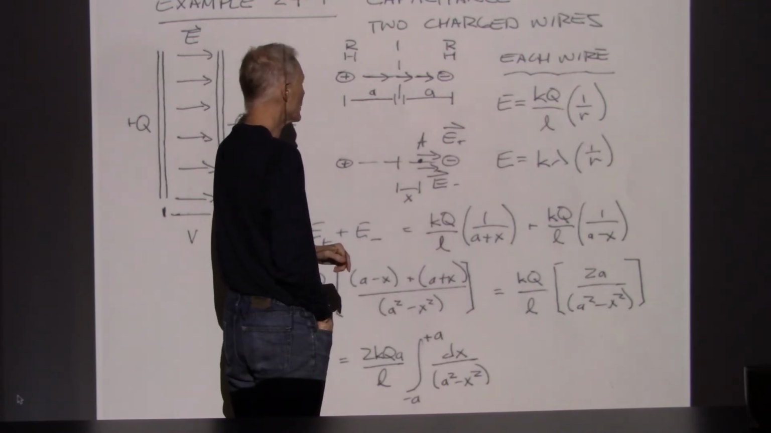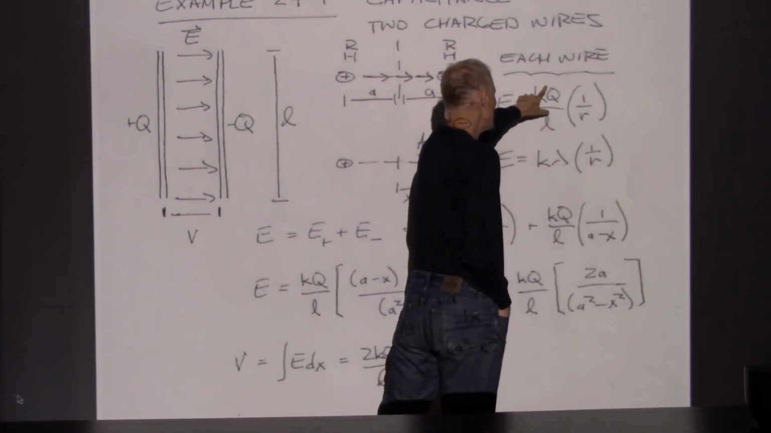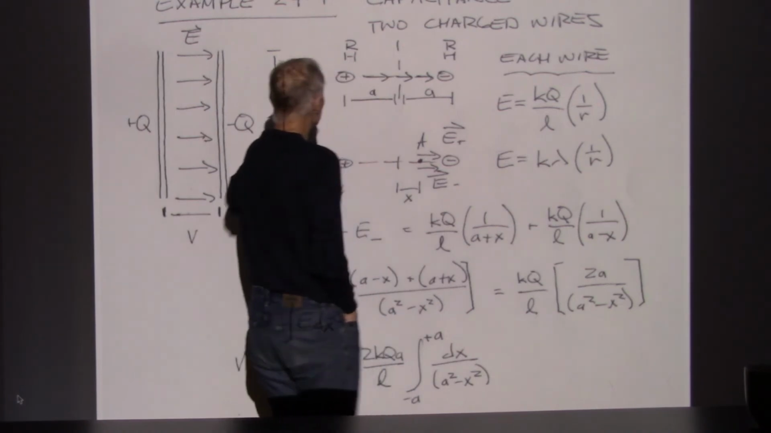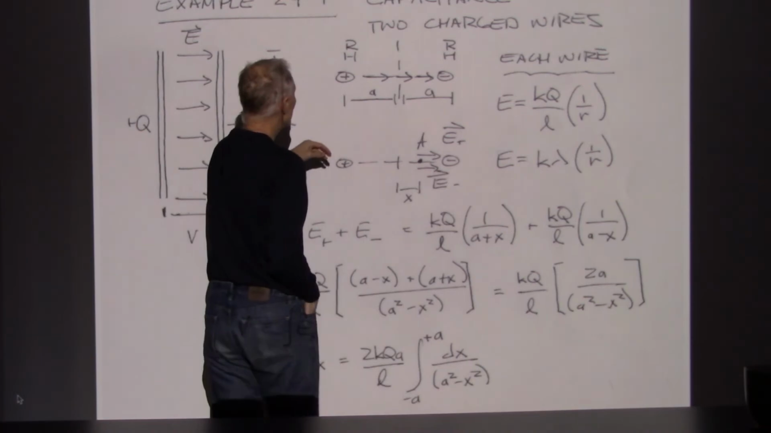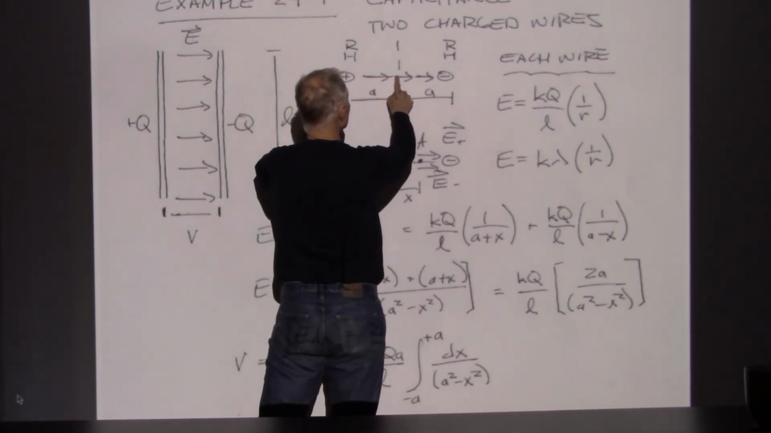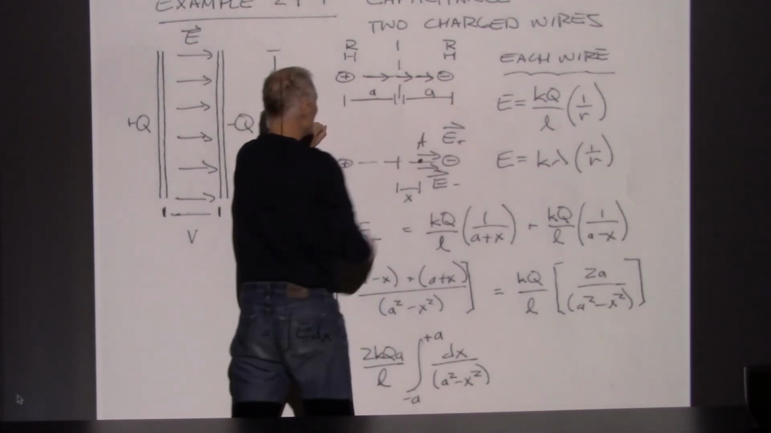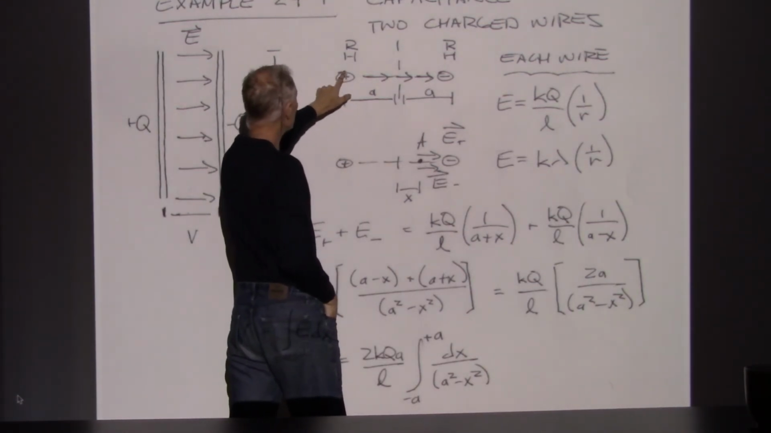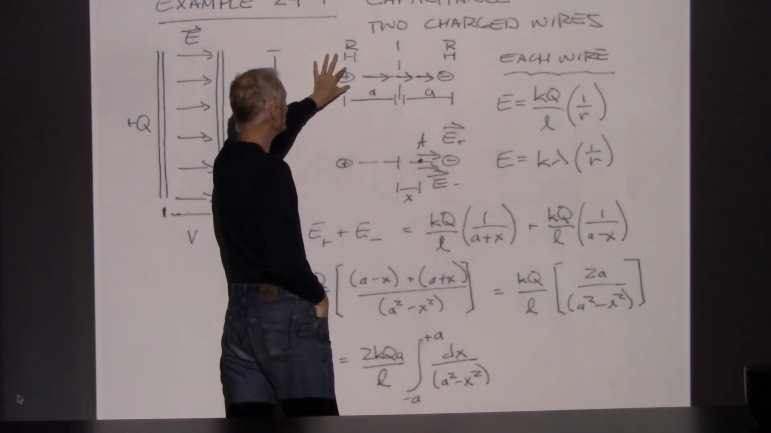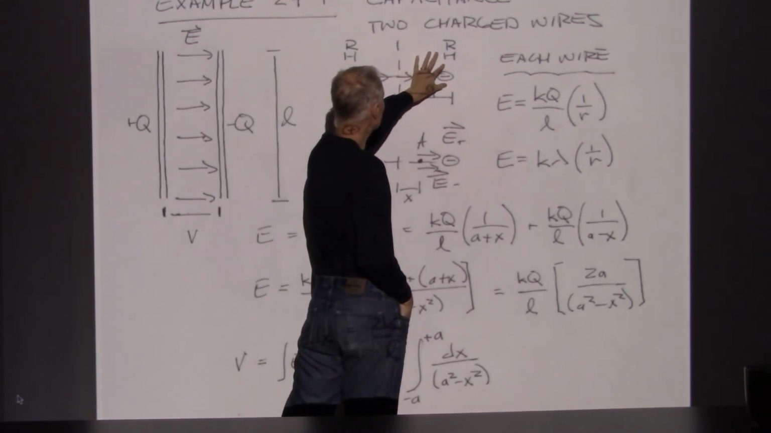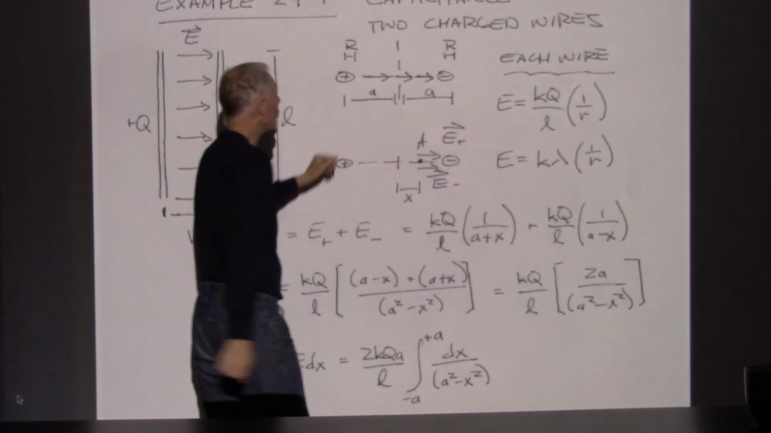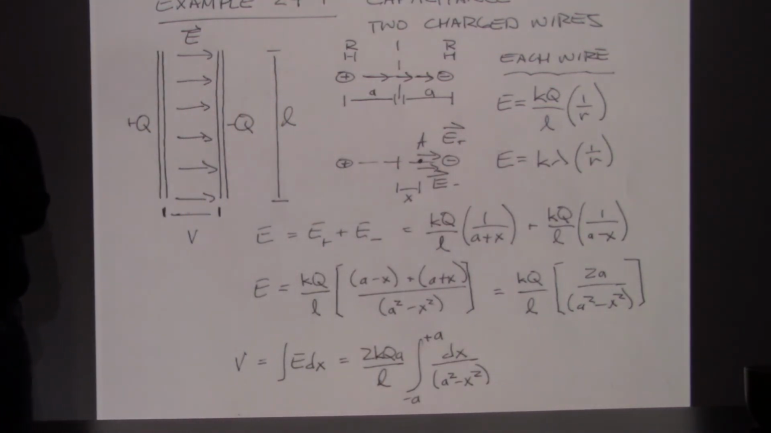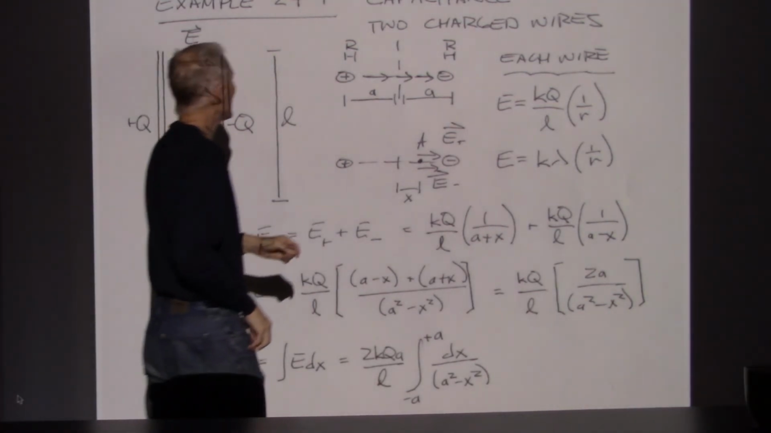For each wire, and this needs, oh I see, Q over L is lambda, right. And so what we can say then is that if I look at the electric field at any location along here, it's going to be the combination of the electric field due to this wire plus the electric field due to this wire. Now what I've done is I've introduced a coordinate system where x equals 0 runs along the center point between the two wires, and